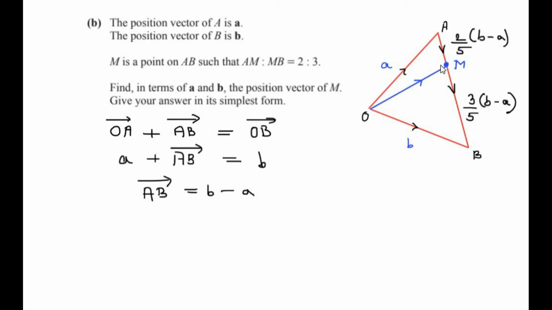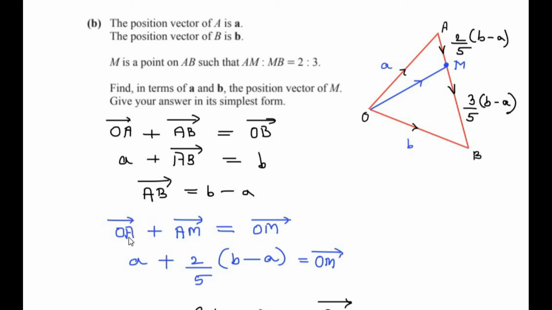Now again remember that the vectors which are moving in the same direction will be added together, and the vector moving in the opposite direction will be on the other side of the equal to sign. So here OA and AM are going in the same direction. There is a continuity in the direction. So I'm going to add these two. So here you can see I have written vector OA plus vector AM is equal to